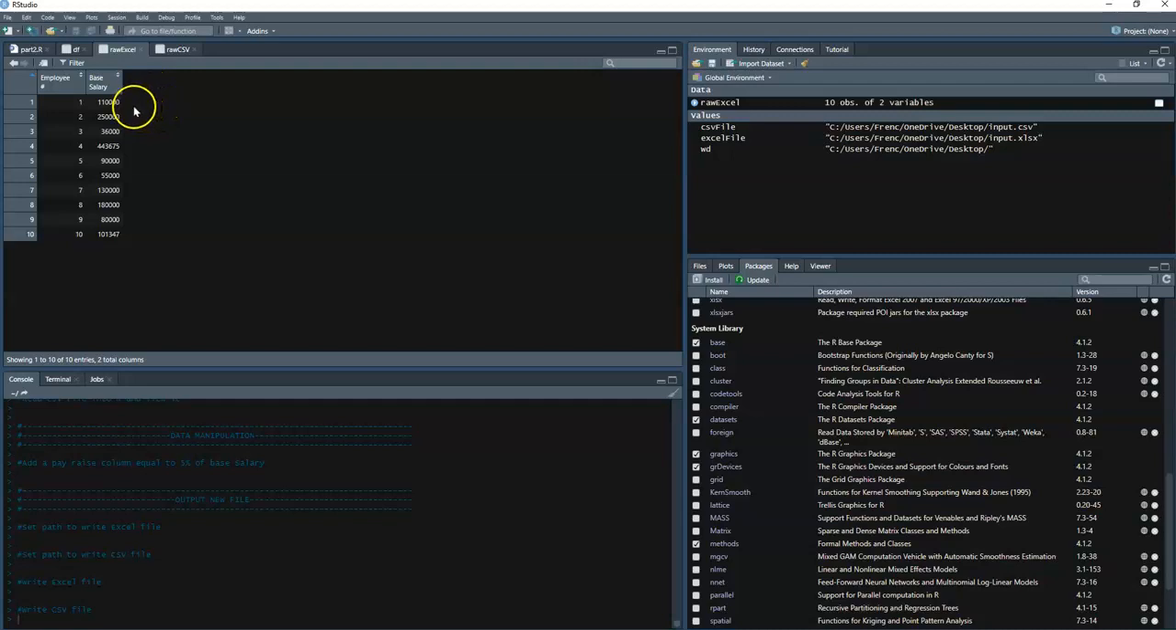And you can see here we have a file with 10 rows, 2 columns. The first column is employee number, and the second column is their base salary. All right, so let's close out of all this